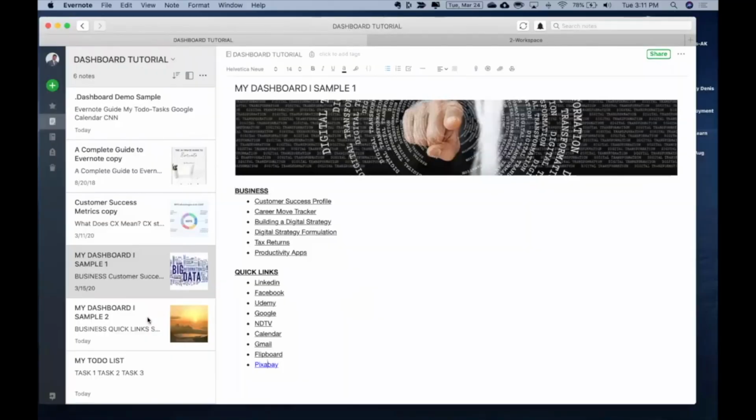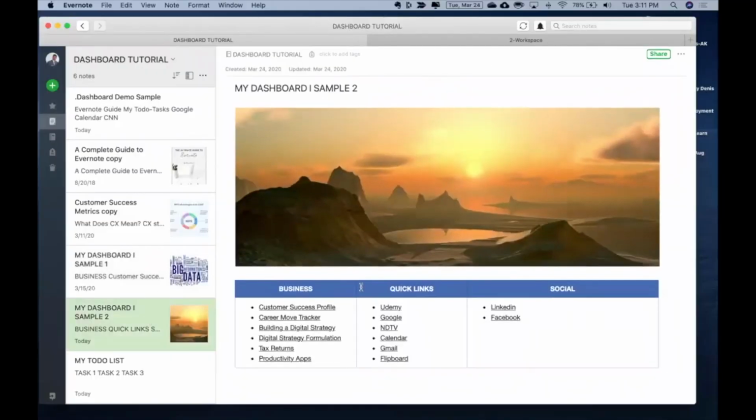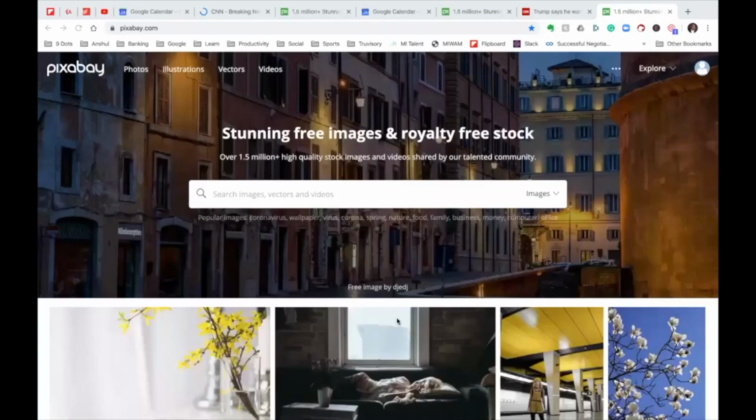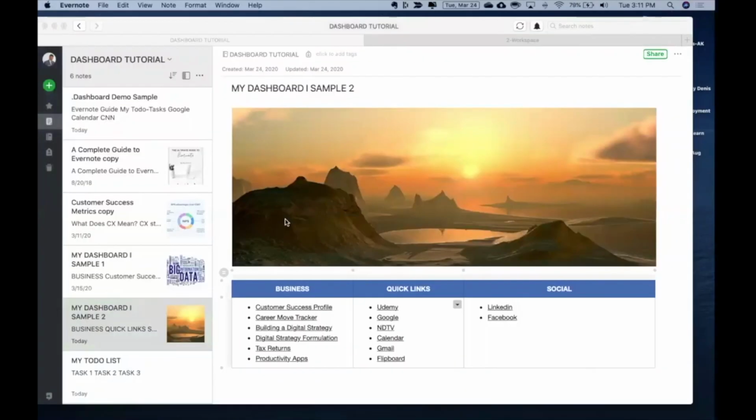The second example I wanted to give about the dashboard is another way of creating a dashboard. I have the image. I have created a table out here, which is a feature of Evernote. And then I've divided all these links into different sections over here. It's easy on the eyes and it's easier to access my links over there. If I want to go to my Google homepage, it will take me out there straight away.